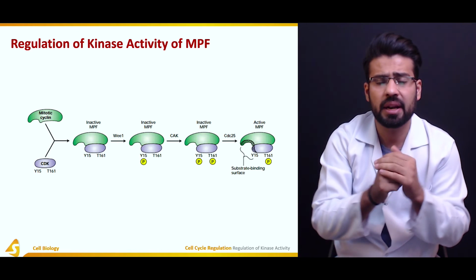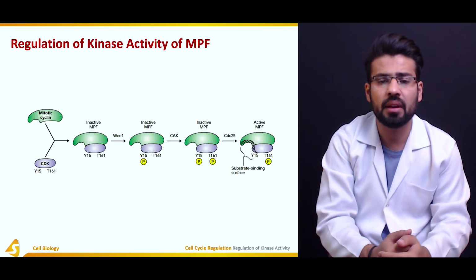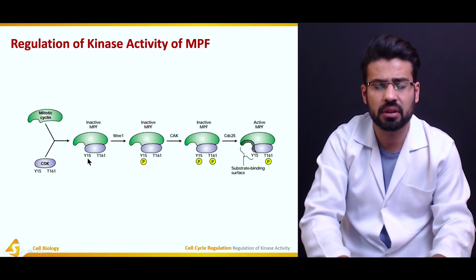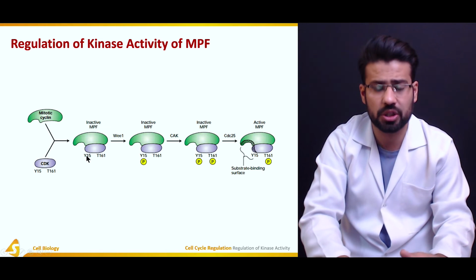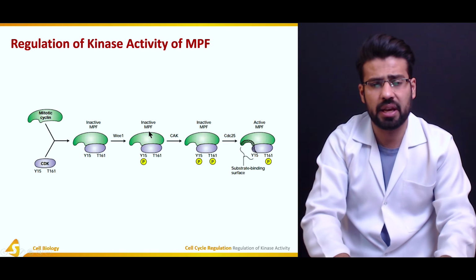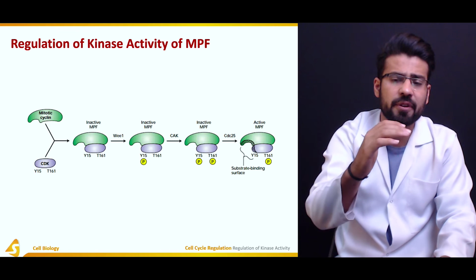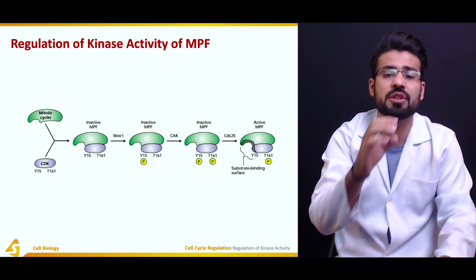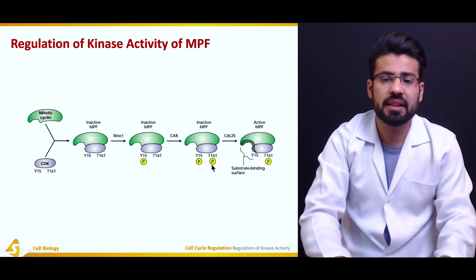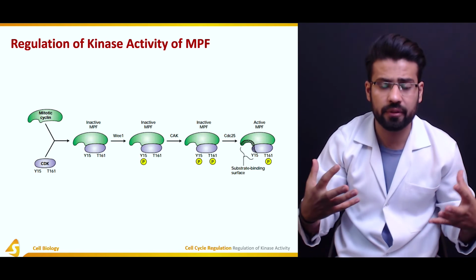because there is a binding of the mitotic cyclin with the CDK, as we have discussed in the previous lecture, of course. What happens is, in the presence of Wee1, there is a phosphorylation of the tyrosine residue, which is basically the inhibitory phosphorylation, and this would result in the inactivation of the MPF form. The CDK activating kinase, as we discussed in the very first section, is going to cause the phosphorylation at the threonine 161 residue, as shown over here. And this would, of course, also cause the double phosphorylation, resulting in an inactive form of the MPF.